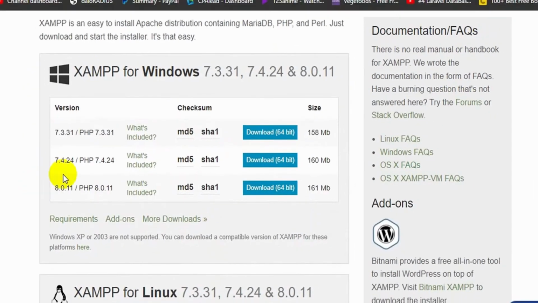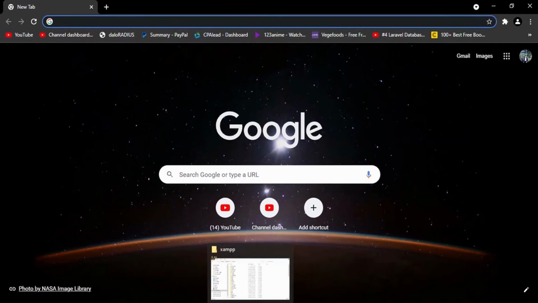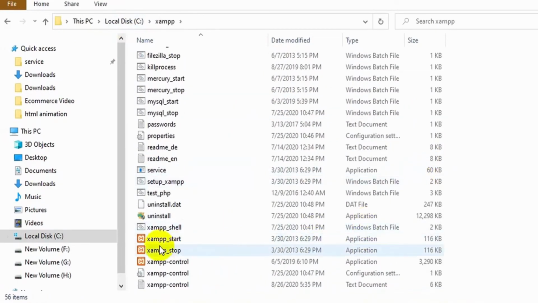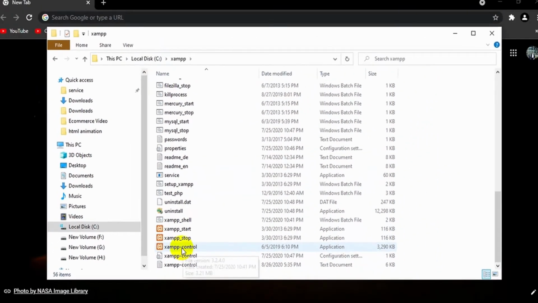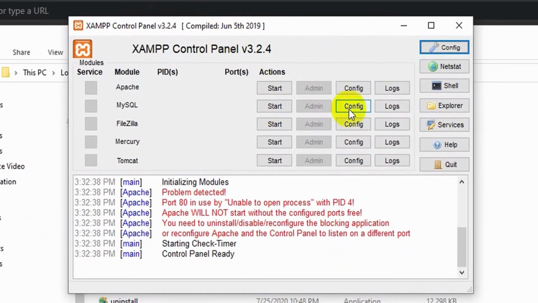So once you install XAMPP, if you go to your Windows search menu and search for XAMPP, you will be able to open the XAMPP control panel. Now I am actually recording this video without the taskbar, so let me just show you another way how you can open XAMPP. All you have to do is go inside this XAMPP folder, and if you go down here, you can see XAMPP start, XAMPP stop, and XAMPP control. All you have to do is click this XAMPP control, and then the XAMPP control panel, something like this, will appear,